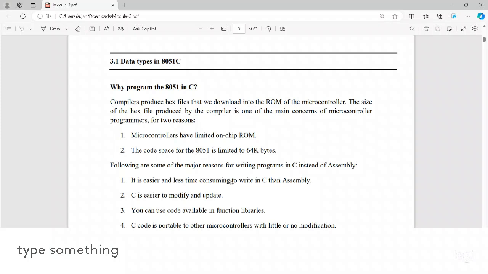The compiler produces a hex file that we download into the ROM of the microcontroller. The size of the hex file produced by the compiler is one of the main concerns of microcontroller programmers for two reasons. Microcontrollers have limited on-chip ROM, as we all know, and the code space for the 8051 is limited to 64K bytes. So according to this, the following are some of the major reasons for writing programs in C